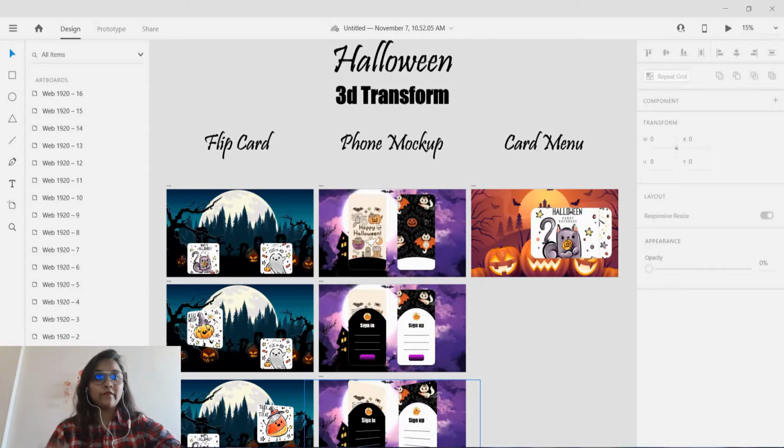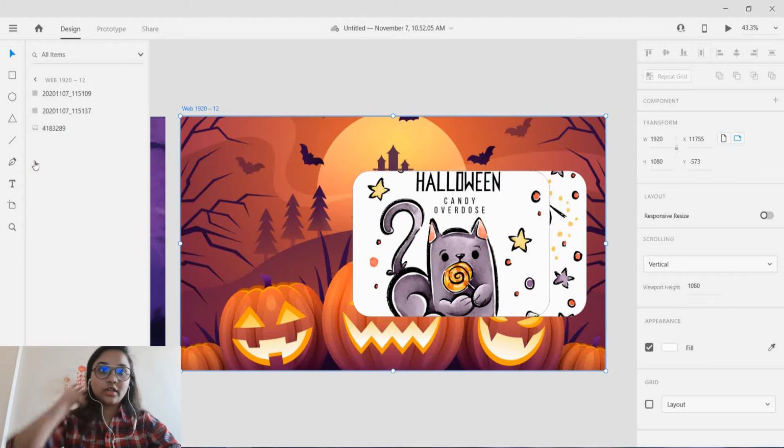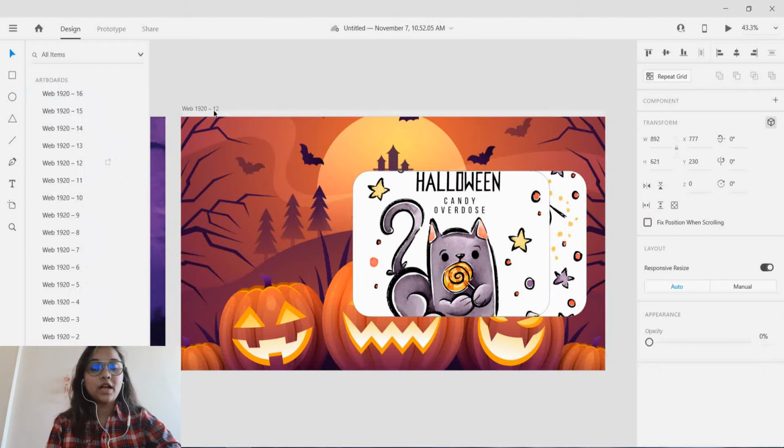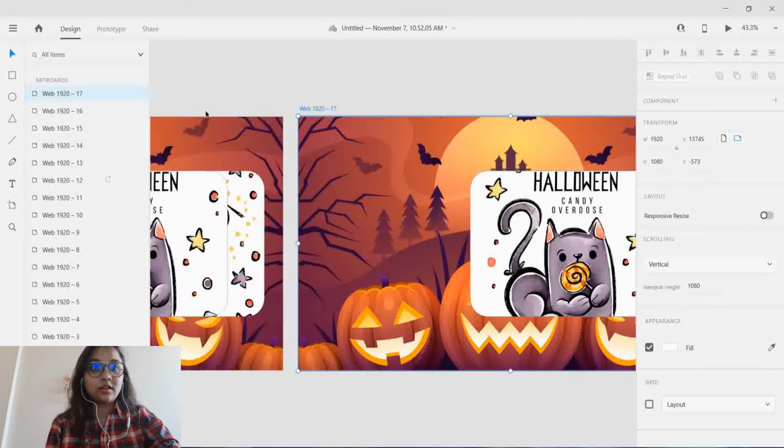So in this final 3D transform tutorial, we are going to create the card menu. For that, I have just created the artboard with these two images which we have used in the first part. So now we will be copying this artboard,